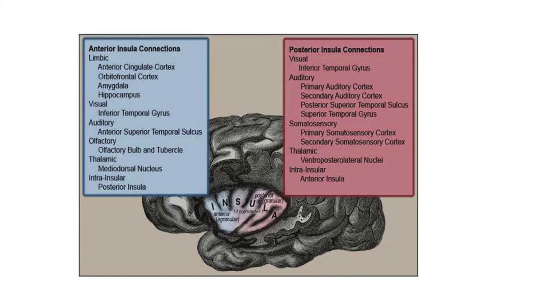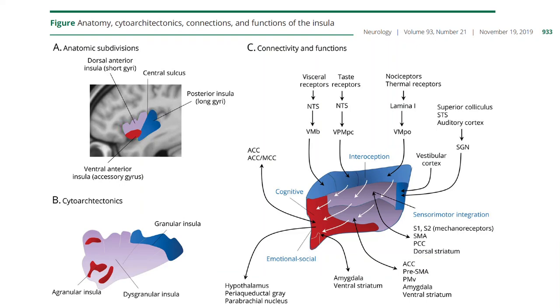So here's your anterior insula connections, and they're kind of looped into our good friend, the Papez circuit. And over in the posterior area, we're getting somatosensory, auditory, visual, and we're also going to get, as I mentioned earlier, some input from the body itself. And here's a little more sophisticated look. So here's our visual, our organ receptors coming in, taste receptors, thermal receptors, auditory, vestibular, kind of where your body is in space. And our integration here with the emotional social with output to the